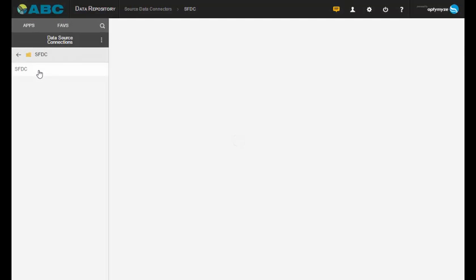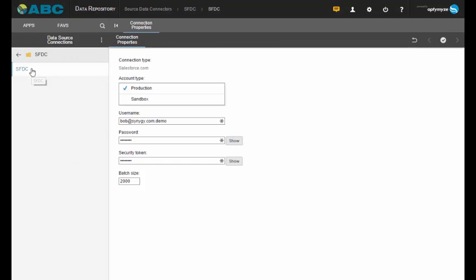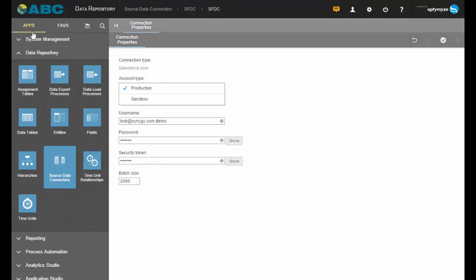So with Salesforce.com as our example, you simply define the account type. Is it production or sandbox? What's the username that we're using to access Salesforce that will carry the security in the Salesforce system behind it? What are the passwords and the security tokens for remote access that are needed to access this user in Salesforce.com? Once that definition is set up, I can leverage it in a data load process to actually create the data